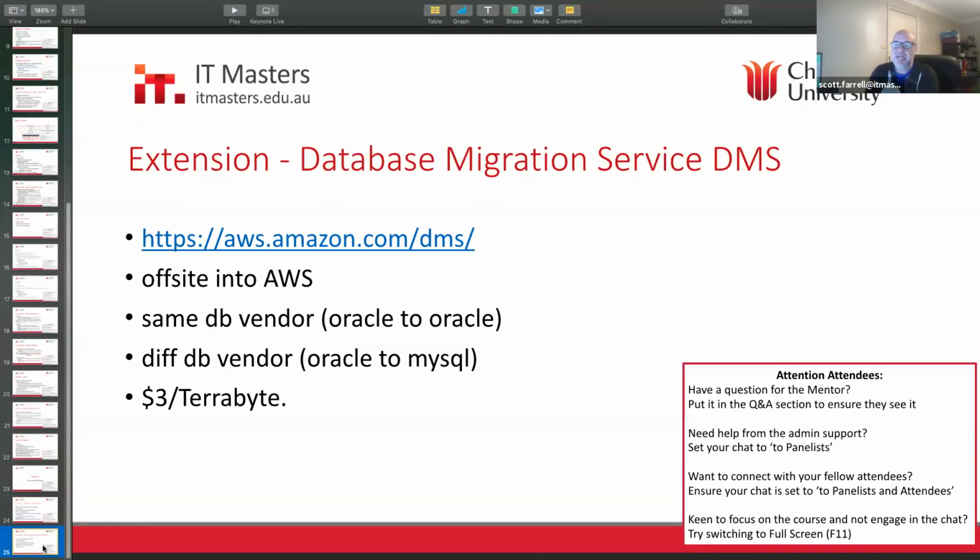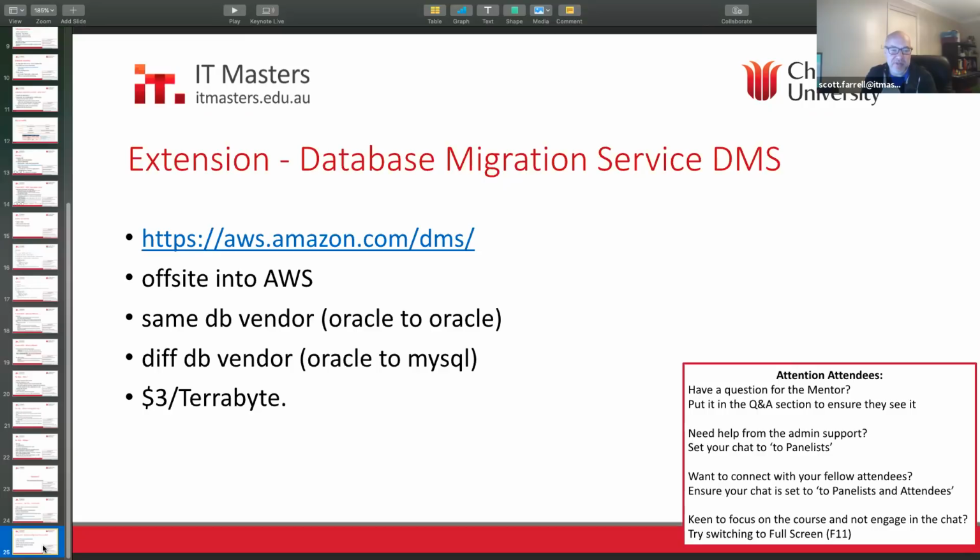And someone asked about how you get your database into AWS, which was a great question. And there's a thing called DMS. I'm sure it's going to be a 3-letter acronym, everything at AWS is. And there's a link to have a look at it yourself. You can use this to migrate an offsite database into AWS. You can do it between the same DB vendor, say you're going from Oracle to Oracle, or between different DB vendors.